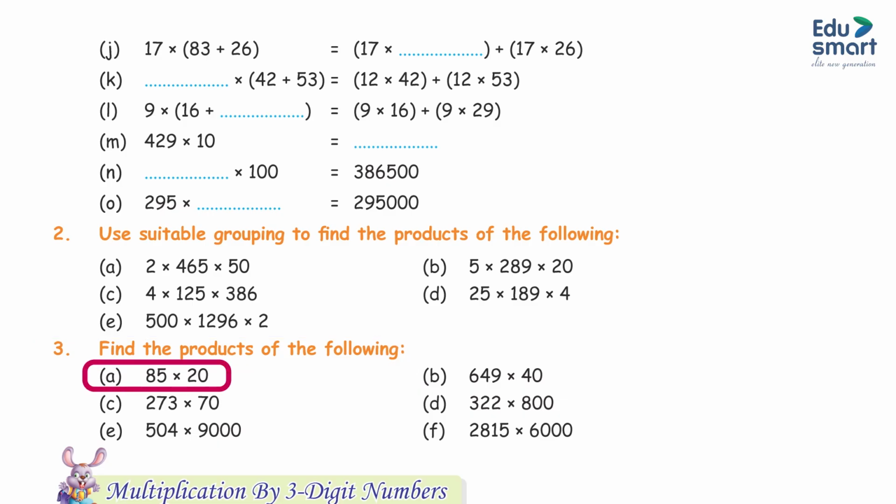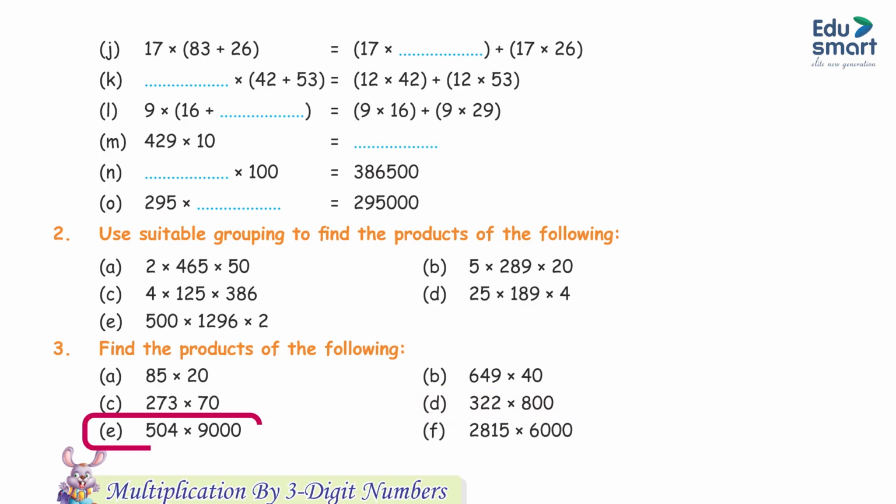A. 85 into 20. Answer 1700. B. 649 into 40. Answer 25,960. C. 253 into 70. Answer 19,110. D. 322 into 800. Answer